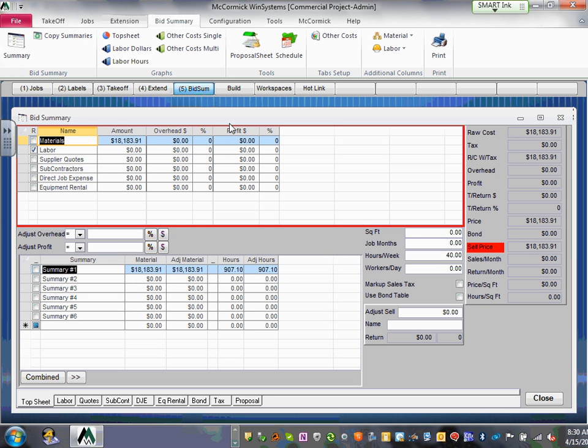For your bid summary, we need to do a few things before the system works. In the bid summary, Adam, the most important number that you will be looking at is the red number right here. What's your number? I have $18,000 sell price. This is done. That's your bid. That's the single most important number. Now, obviously, we haven't done a whole lot yet in it. Okay? So, for the bid summary, guys,